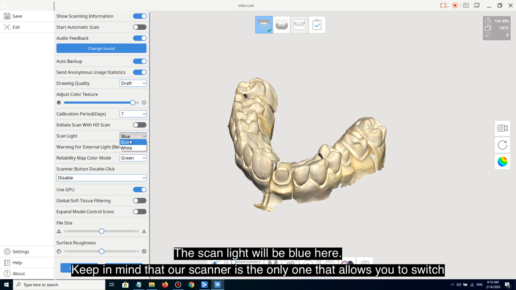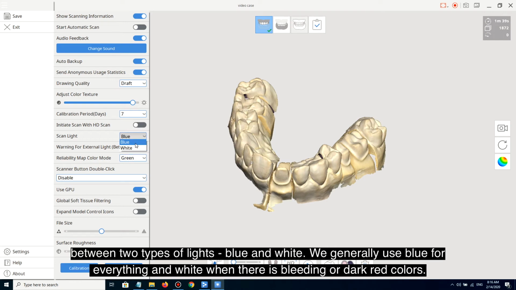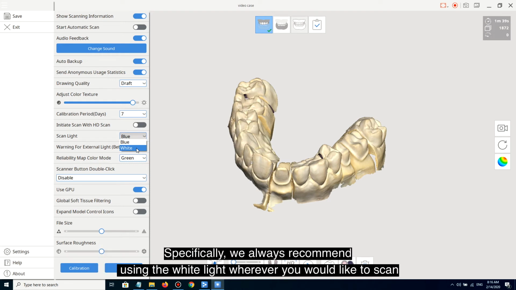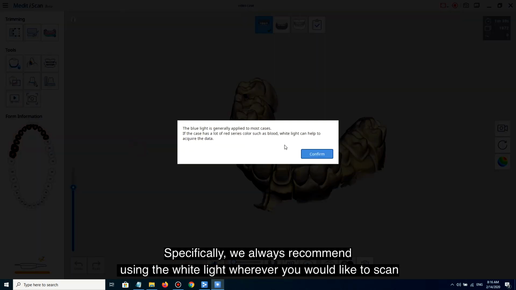The scan light will be blue here, so keep in mind that our scanner is the only one that allows you to have two types of lights, blue and white. We use blue for everything, and white we use when we have bleeding or dark red colors. Specifically, we would recommend, and we always recommend basically, to use the white light wherever you would like to scan